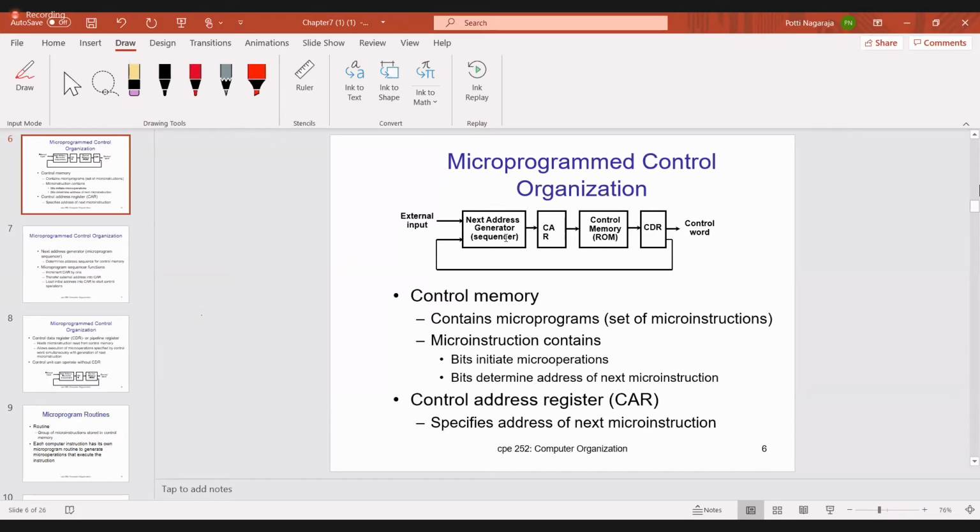In general, it will increment the CAR register by 1. Do you understand? For example, assume that the control address register is 00. Then in the control memory, which control word will you take? I said there are 4 control words. At 00, what control word will be there?